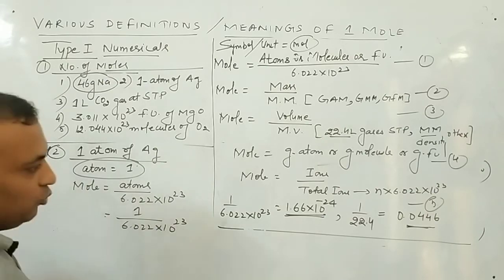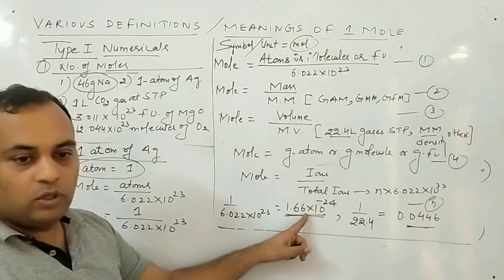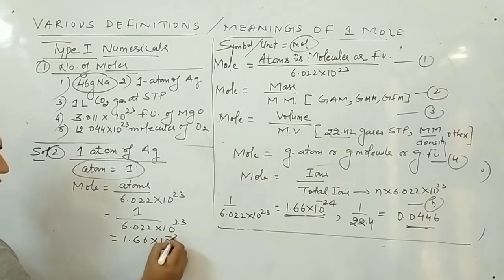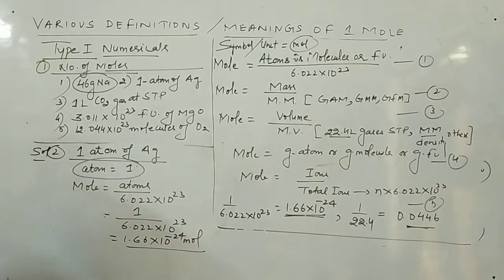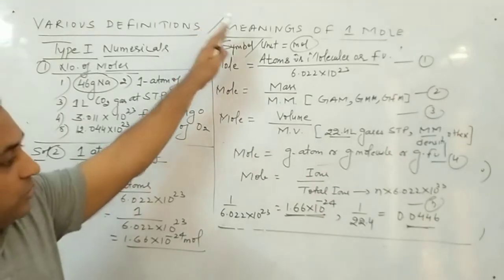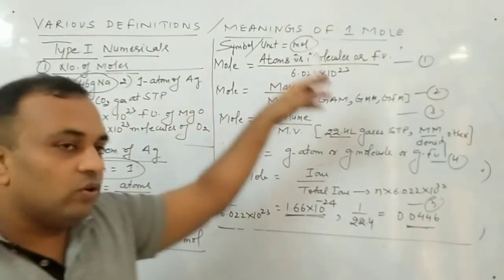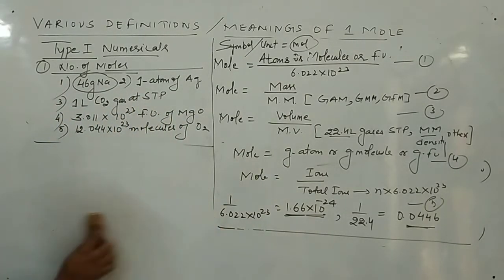Remember ये figure मैंने आपको भी कराई थी, that you have to learn the figure. 1 upon Avogadro number is always equal to 1.66 × 10^-24 mole. So question number 2 is again simple, no more. Simply I'll use these 5 formulas, not more than that. And in the whole mole concept, we will use only these 5 formulas. चलिए now we'll go to the solution of third part.